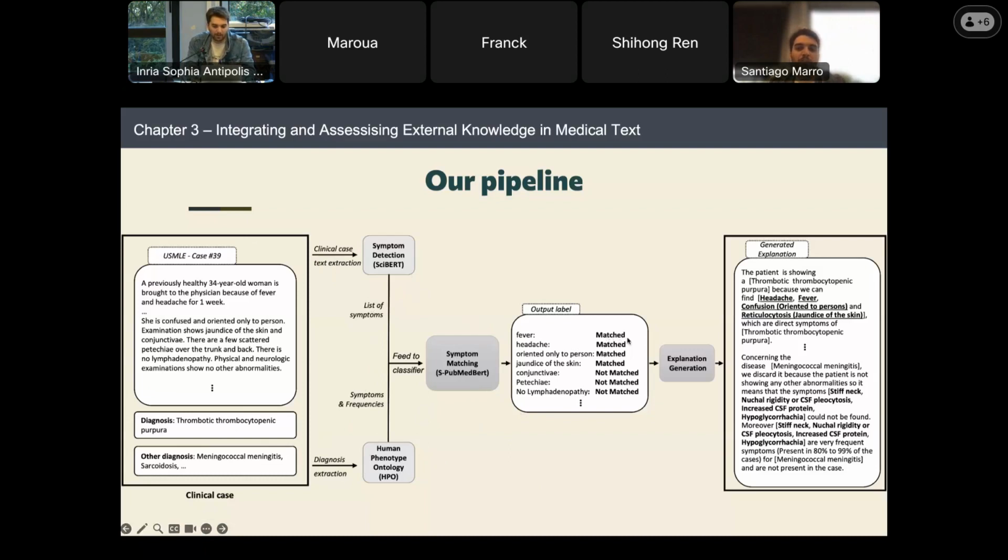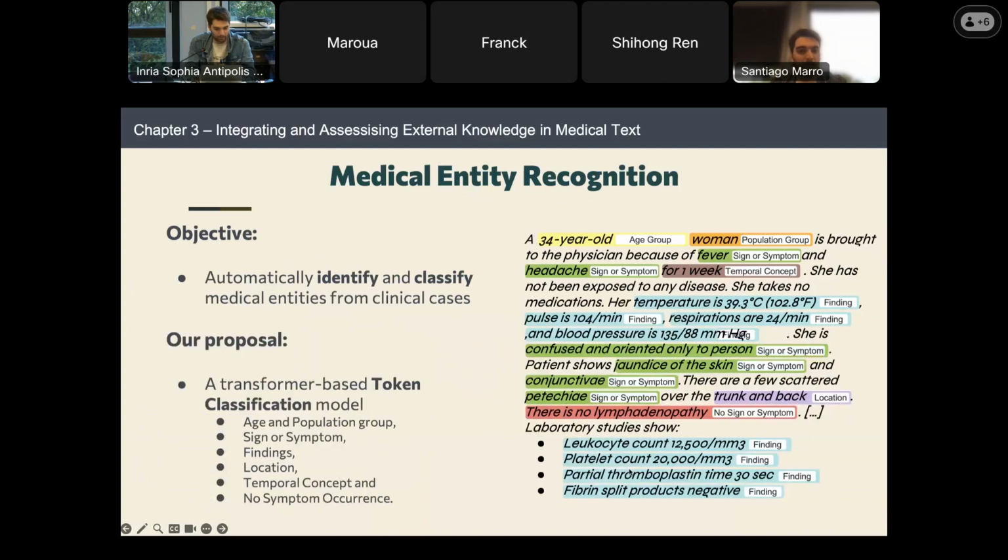Here it says match, meaning that it found it there, or not match, meaning that it didn't find it. For the generated explanation, I will leave it for later. I would like to first tackle each one of the parts.